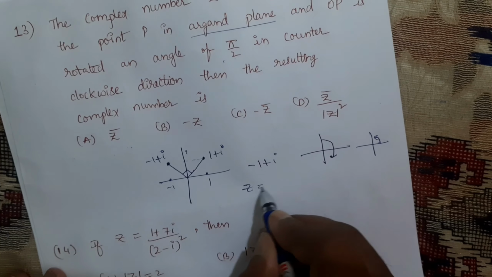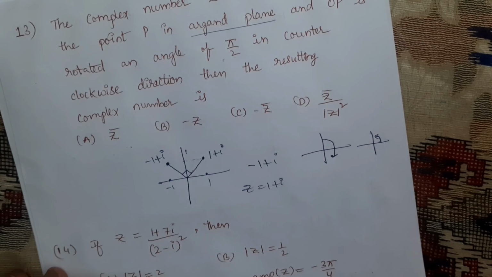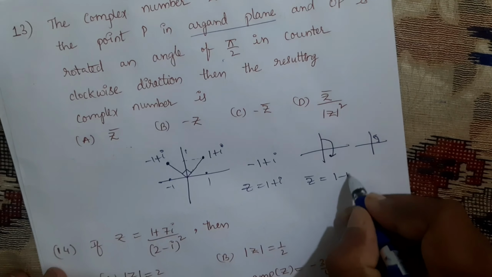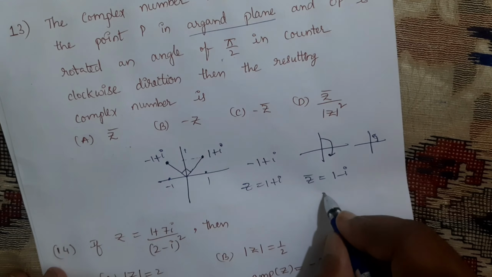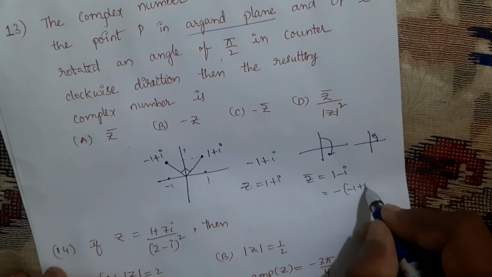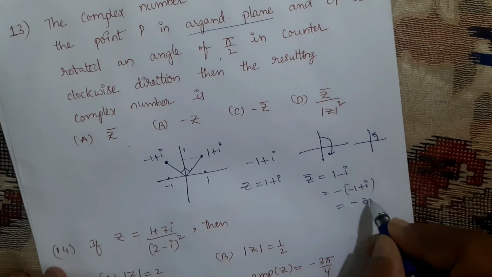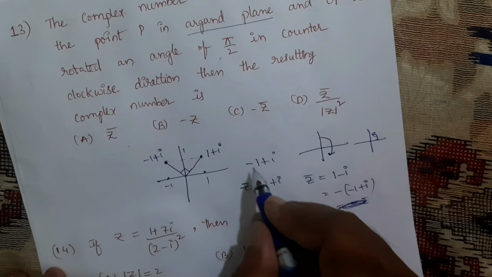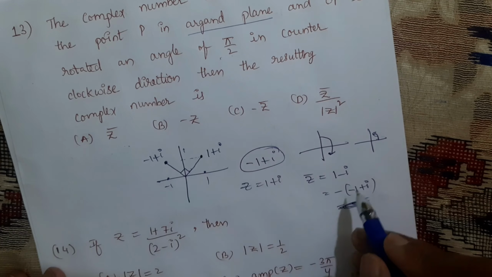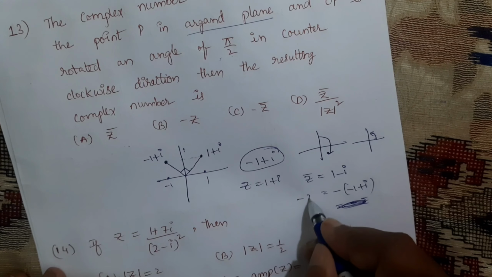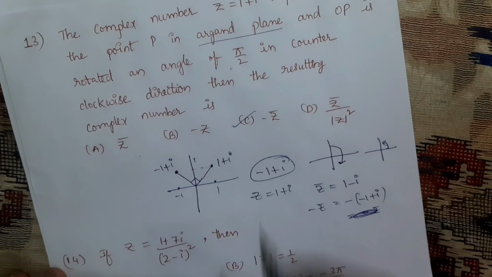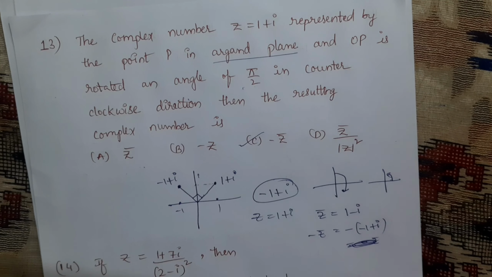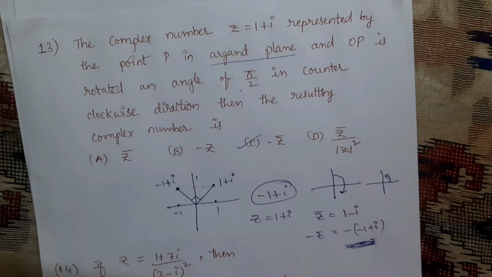As given, z is equal to 1 plus i. What about this? For this z, if we find the conjugate number, it will become 1 minus i. For this 1 minus i, if I take minus common, it will become minus 1 plus i, nothing but minus of conjugate number. Minus 1 plus i is what we got. That means this is also equal to minus of conjugate number, so minus z bar. According to that angle, to which quadrant it will be converted, based on that you will get the values positive or negative.